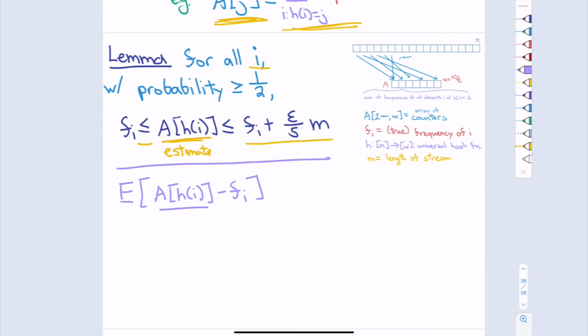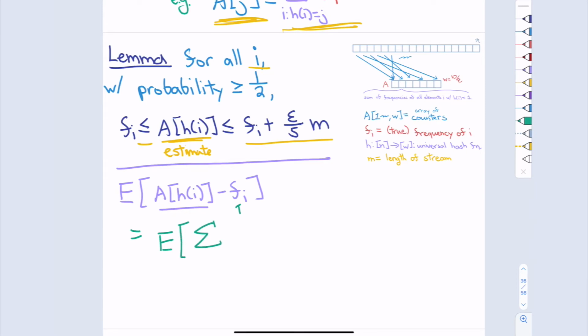Okay, we can analyze that first. Our average error, so to speak. Let me expand out the definition. This is not random, so we can pull that out. So you have the expected value of